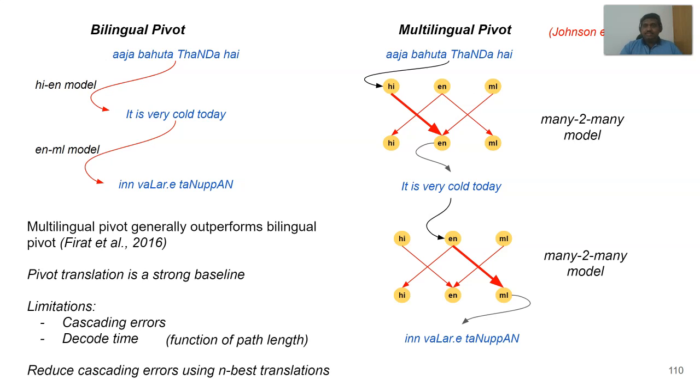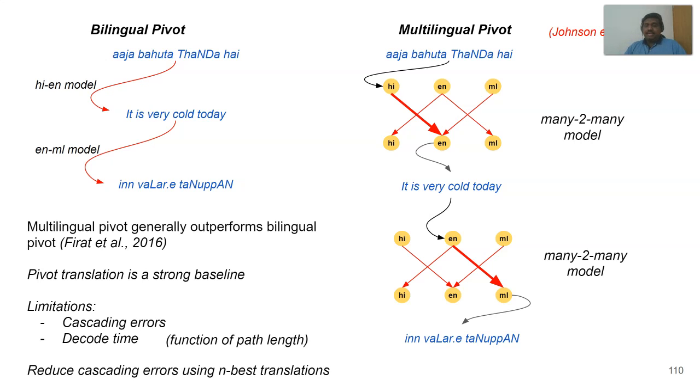The source-to-pivot stage will introduce translation errors, and this erroneous output is fed to the next stage. The decoding time is also double in the case of two-step decoding, and if the path length is longer,